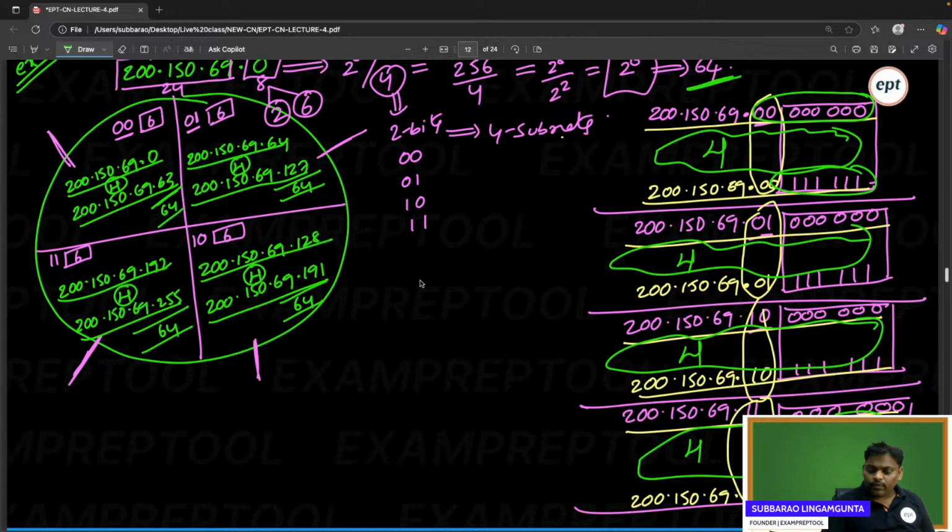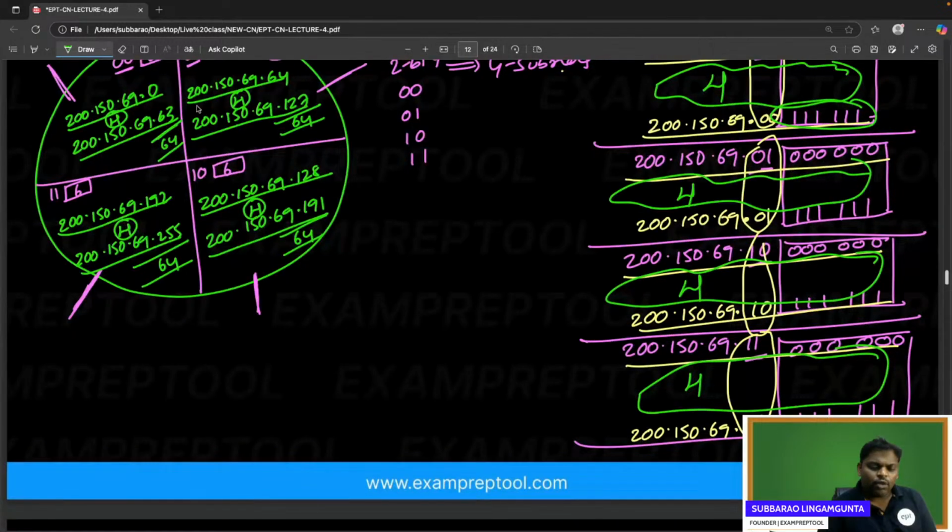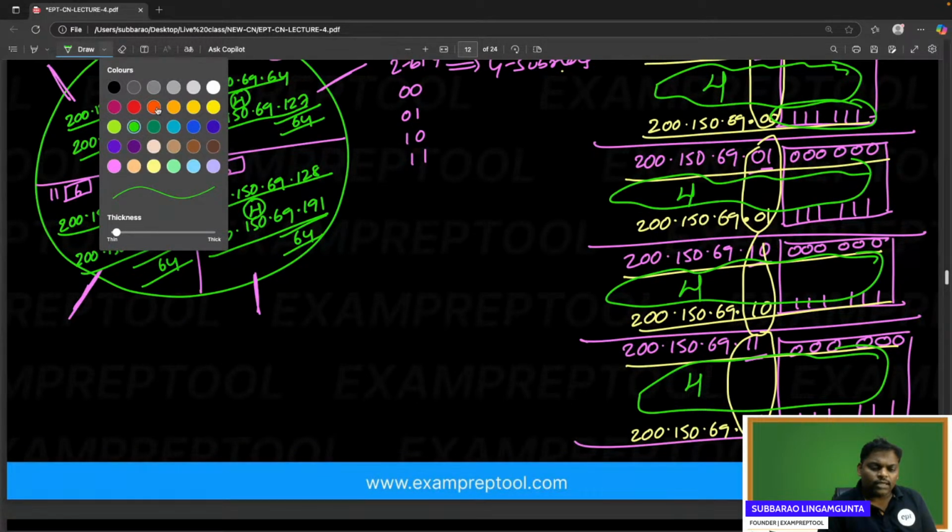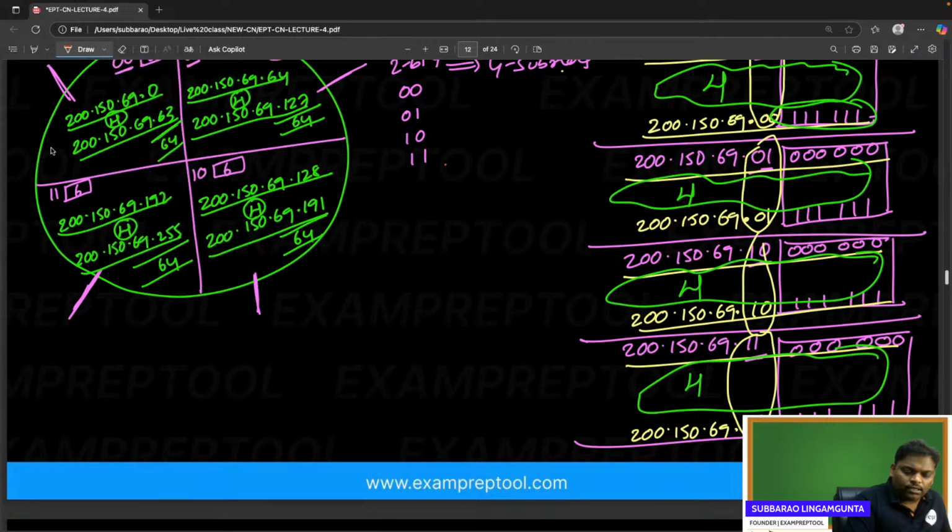Now I think everyone is perfect. Everyone listen. One more small thing there, concentrate on that also. See this one. In this area, if you observe, network part is 24 bits, subnet part is 2 bits, host part is 6